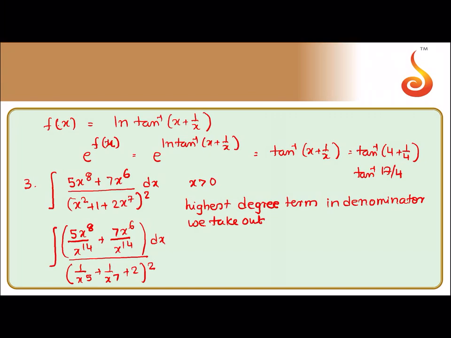So whenever this type of question is given to you, first you try the highest degree term out. Next you try the next whatever is given. In this problem x square is given. Any one will satisfy our solution. Next step. So this becomes integral 5 by x to the power 6 plus 7 by x to the power 8 dx